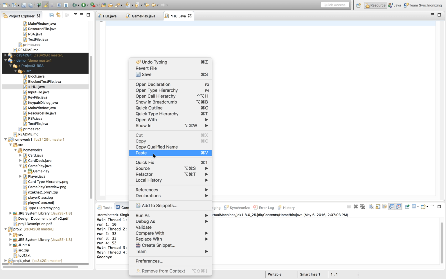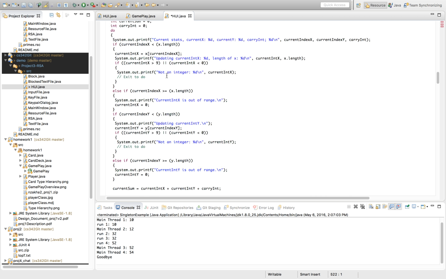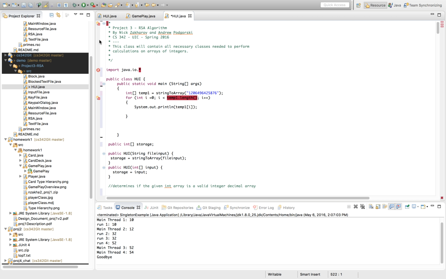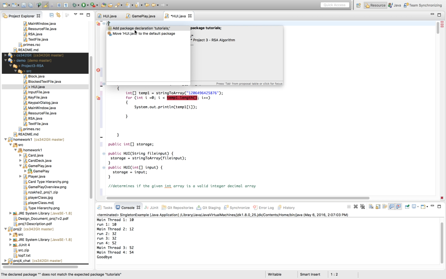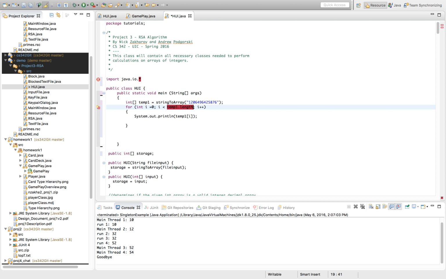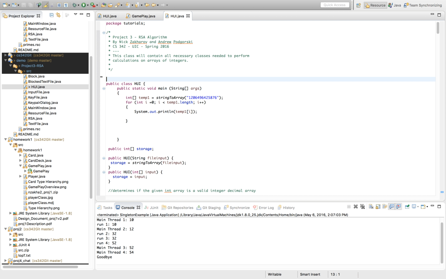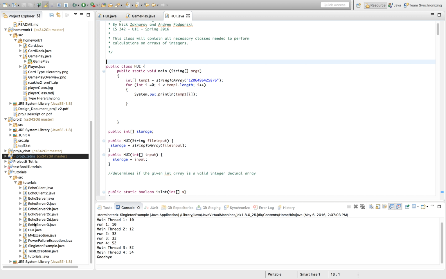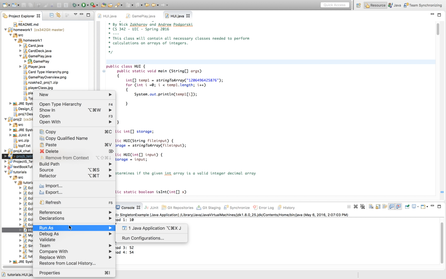And this is just another, I'm going to add the package. I'm going to delete this. Okay. So now when I run my same code but in a different project,